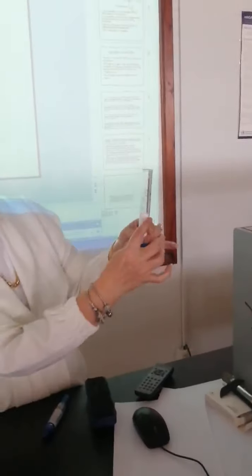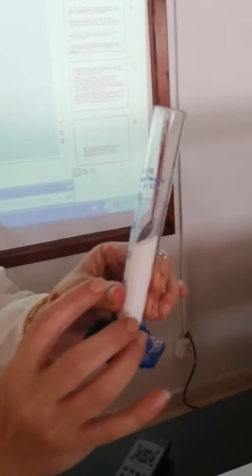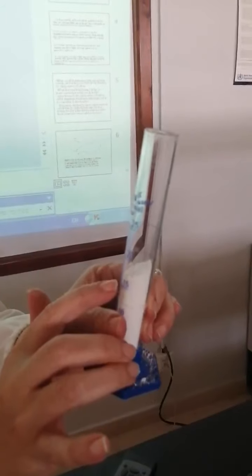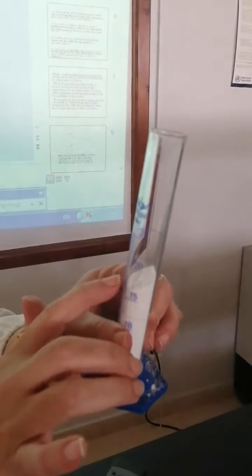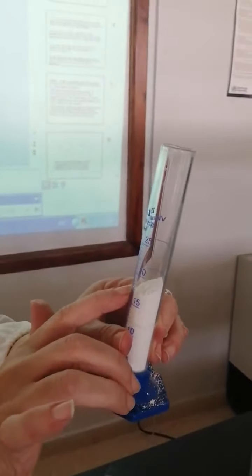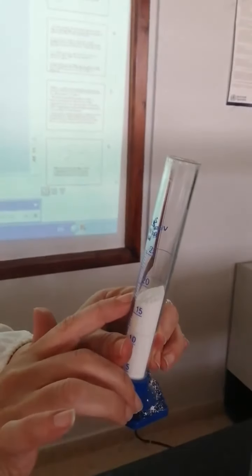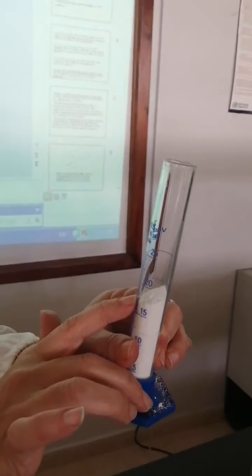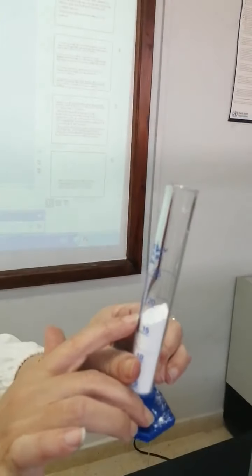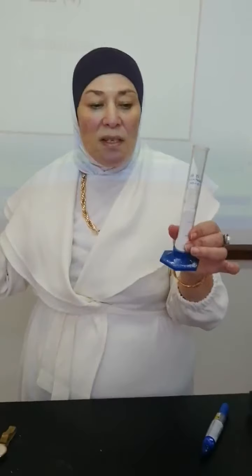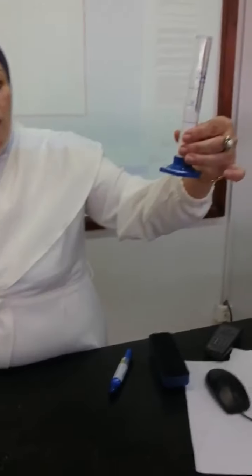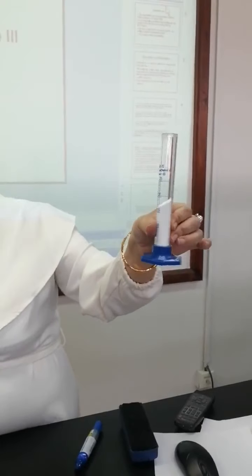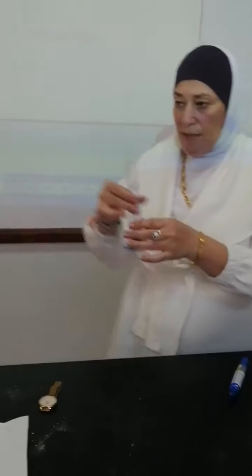I have the upper value of 20 ml and the lower value of around 16 ml. So by taking 20 plus 16 divided by 2, I can get the bulk volume. Then the next step, using the same cylinder,